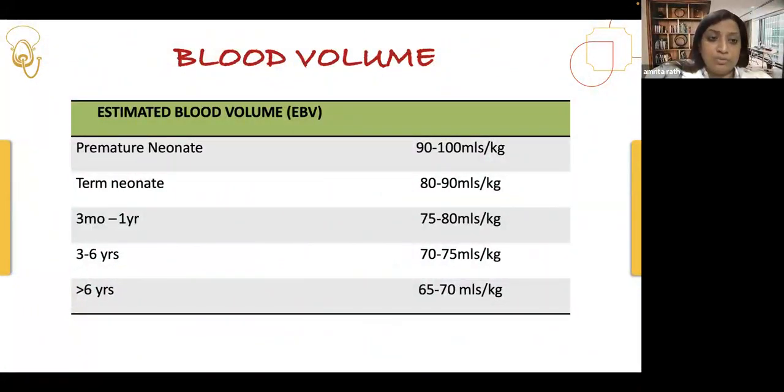Next comes the blood volume. In any newborn surgery, be it CDH or IHPS, always talk about blood grouping and cross matching, because the blood volume is very important. In a premature neonate, the value is around 95 mL per kg. In a term neonate, it is 93 to, these are the numbers. What is important is that even 10% of blood loss accounts for a big amount. For you it is just 10 mL, 20 mL, but if you go by percentage, it is a bigger percentage. That is why their threshold for blood transfusion is lower.